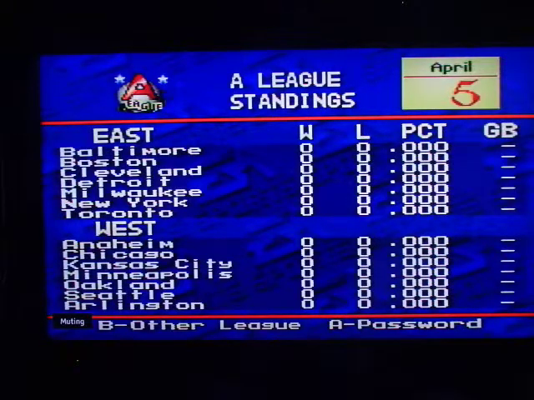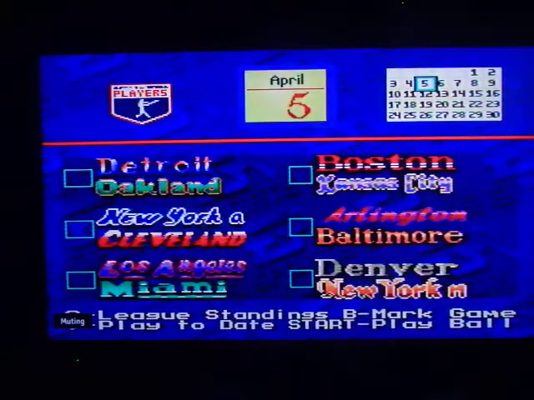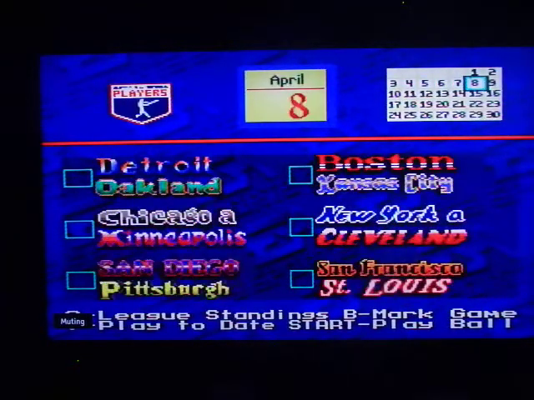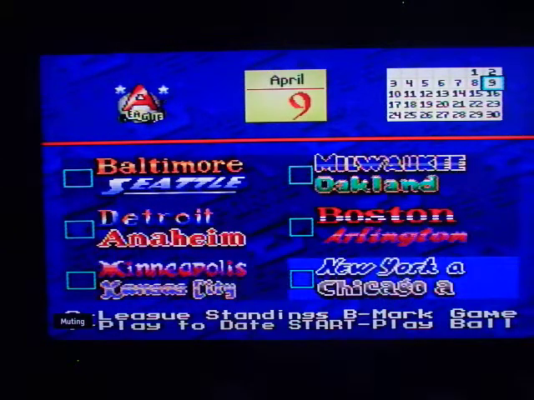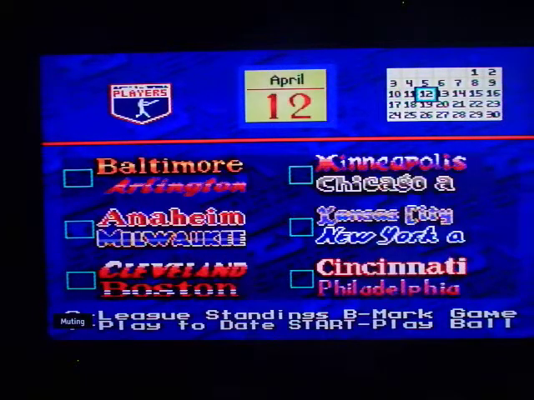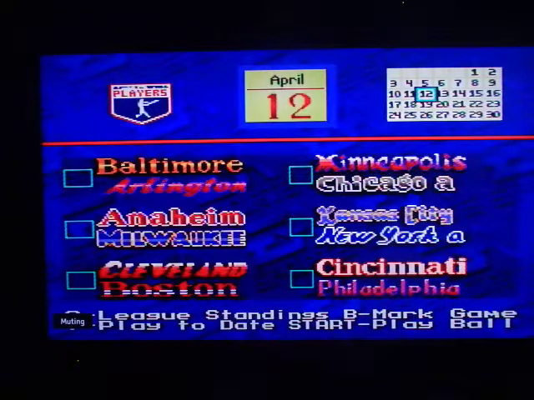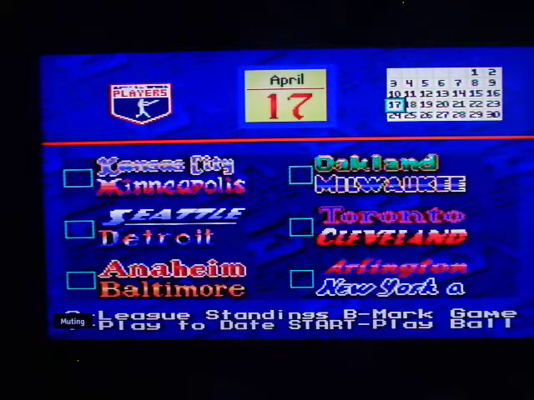But okay, now that we got all that taken care of, I'll go ahead and show you the schedule that's coming up. First game of the season. It's going to be April 9th. And it's going to be New York Yankees and the Chicago White Sox. And then April 12th. See, now all these other games in between are going to be skipped, or simulated, whatever you want to call it. So April 12th, we're going to see me play against the Minnesota Twins. And then the 17th of April,